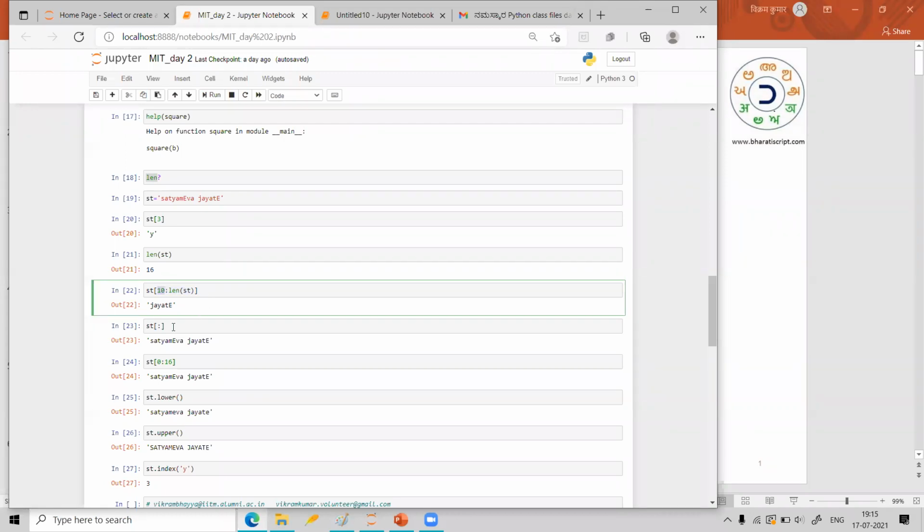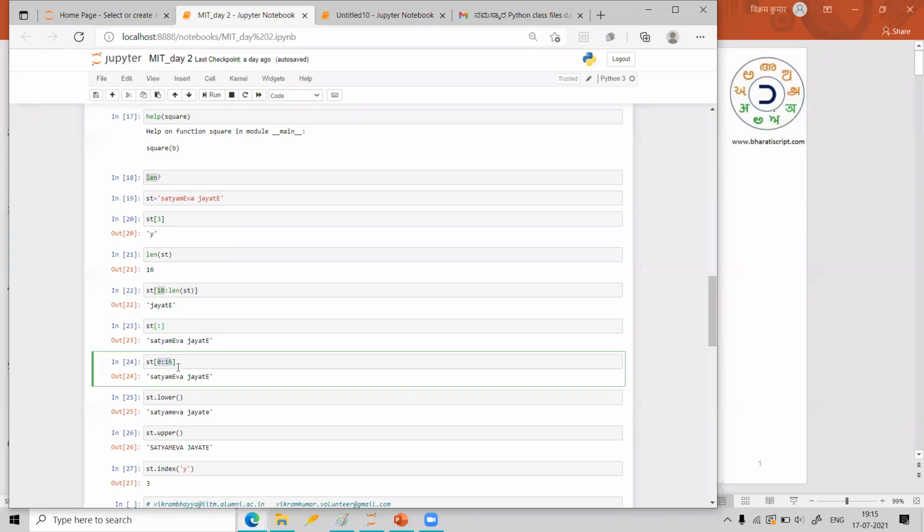So another way of printing the whole string, I have shown you different methods of printing the full string. If you want to print the full string, what you can do is simply put a colon. Left side of the colon is the starting value, right side of the colon is the ending value. But even if you don't write, automatically it will assume it is starting to ending. Otherwise, you can specifically mention like this. The starting value is 0. The ending value is 16 in this particular scenario. Okay, like that also you can do.